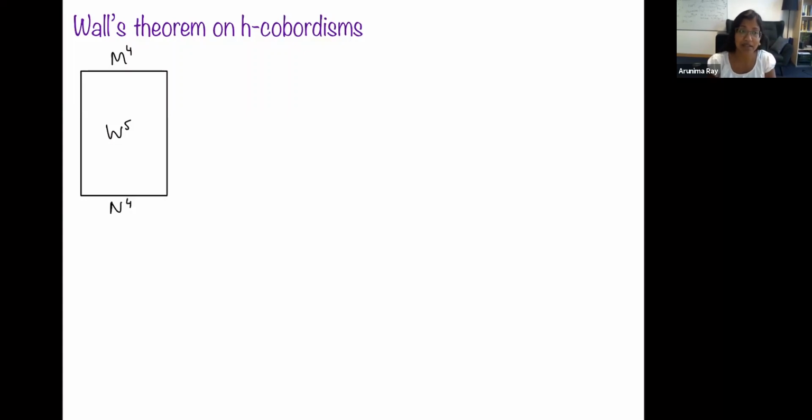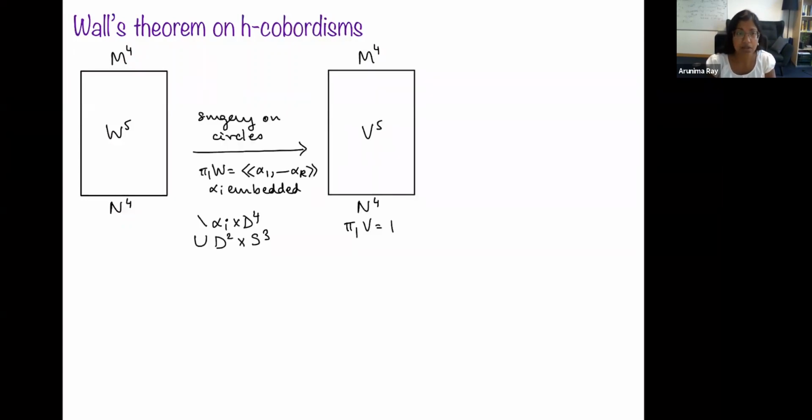The first step in making this cobordism into an H cobordism is to make sure that the fundamental groups match up. Right now, these manifolds M and N at the top and the bottom are simply connected, so I want to make sure that W is also simply connected. This is not that bad. Here's how we're going to do it. We look at the fundamental group of W. W is some compact manifold, so its fundamental group is normally generated by some finite collection of loops. And then because the dimension is at least 5, I know that these are represented by embedded simple closed curves